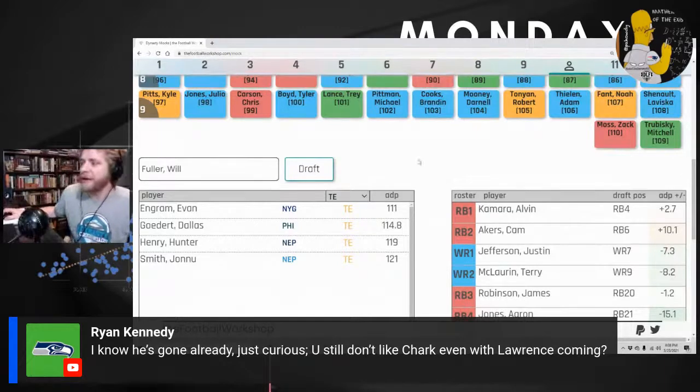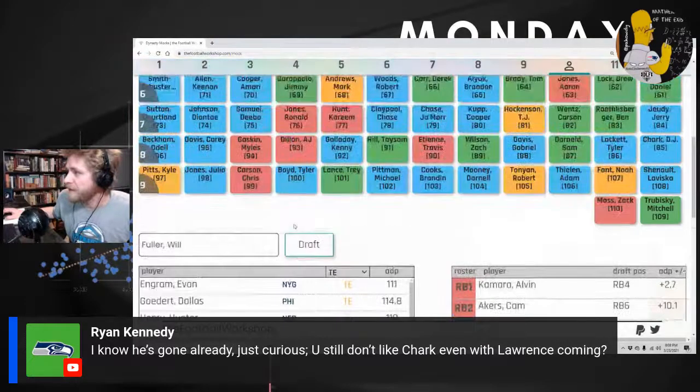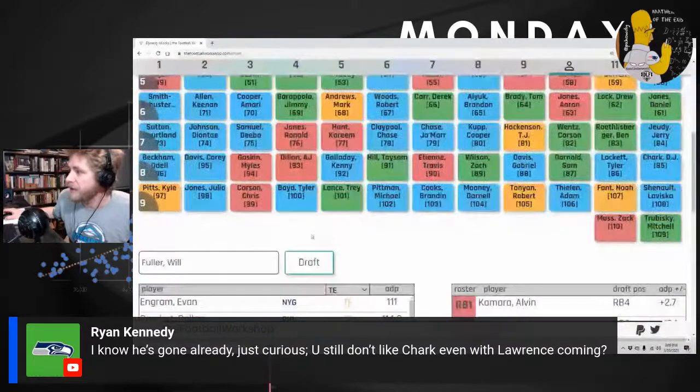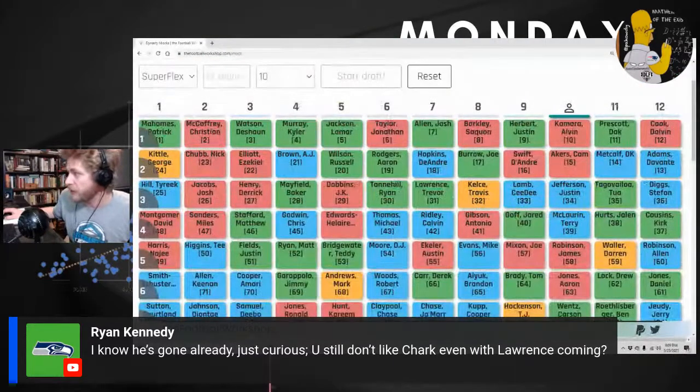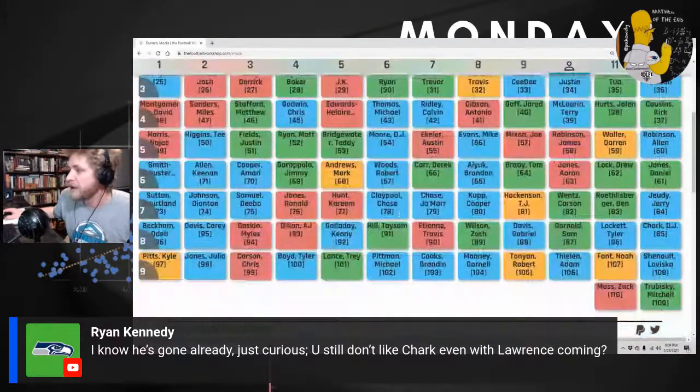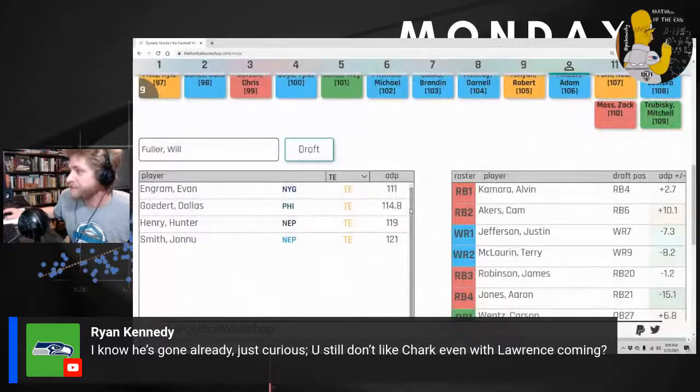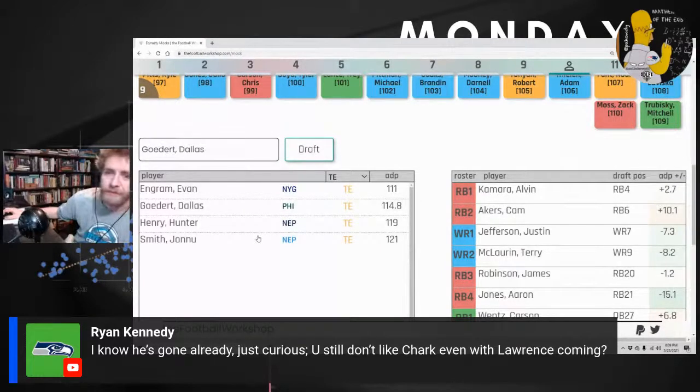So that was weird. But all of these guys, even Hunter Henry and Jonnu Smith, look fine. I'll get some use out of them. I can start them until maybe I try and find the next George Kittle or the next Travis Kelce for myself. I think of this group, Ingram's interesting, but I think I like Goedert more. Unless Jalen Reagor hits, Dallas Goedert is probably the best receiver in that offense, and I'm not sure Ingram is in his tier. So I'd probably go Goedert here.